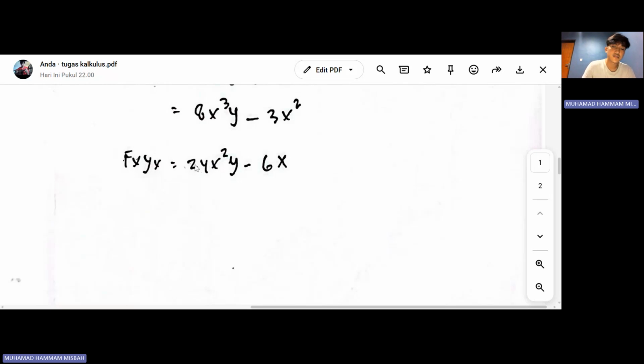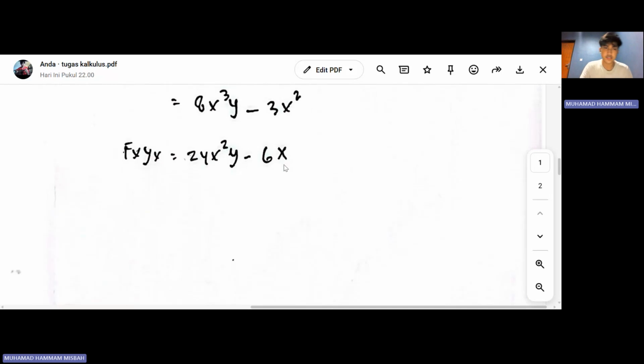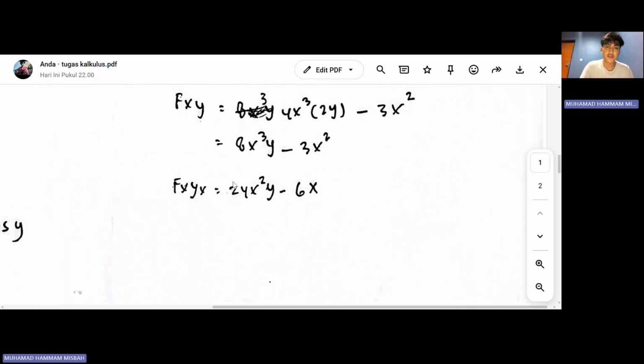This is 24 because 3 times 8 becomes 24, and x to the power of 3 minus 1 becomes x squared, times y, minus 6x. Why is it 6x? Because 2 times 3 becomes 6, and x to the power of 2 minus 1 becomes x. So the final answer and final form is 24x squared times